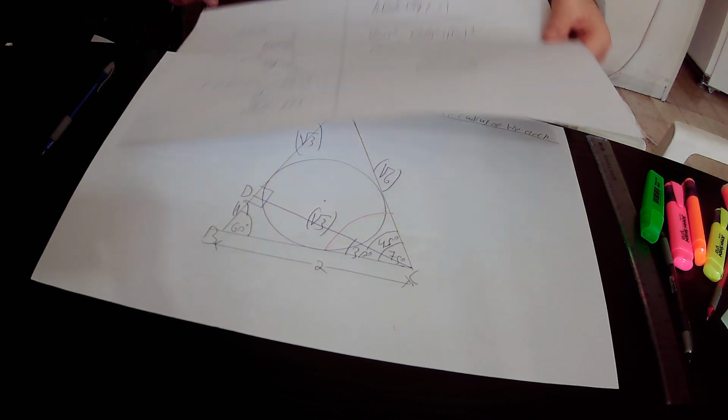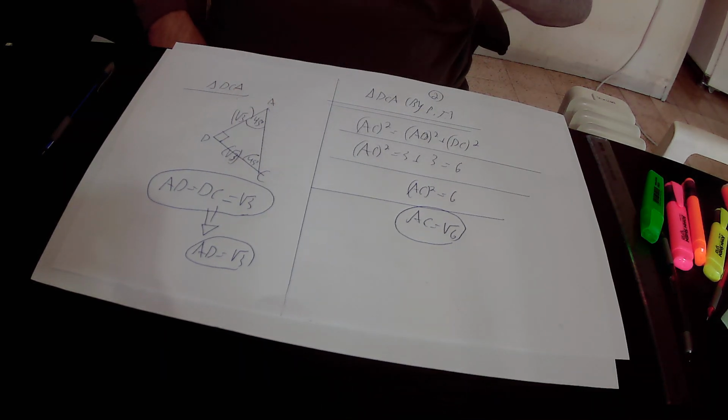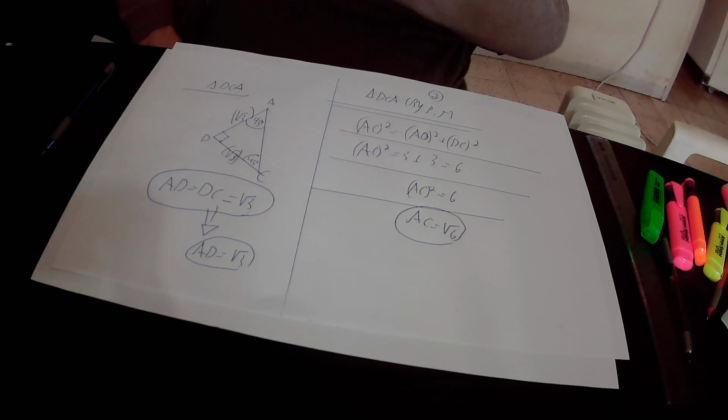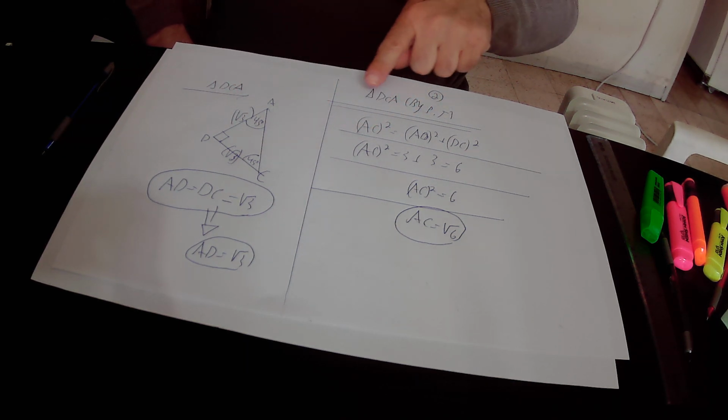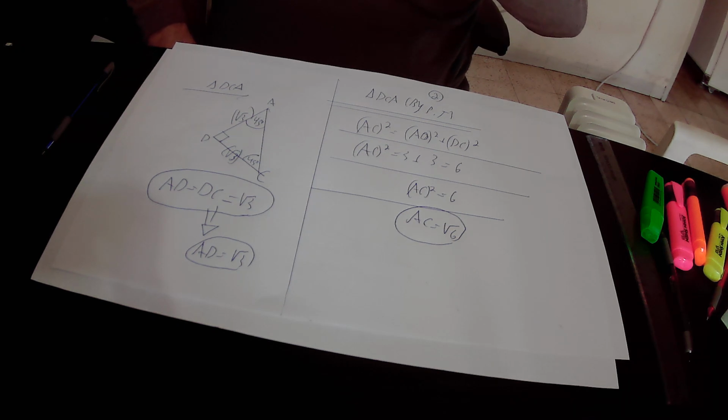We continue to focus on the same right triangle, triangle ADC. We implement the Pythagoras theorem in this right triangle. According to the Pythagoras theorem in right triangle ADC, AC squared equals AD squared plus DC squared. AC squared, that is the square of the hypotenuse,